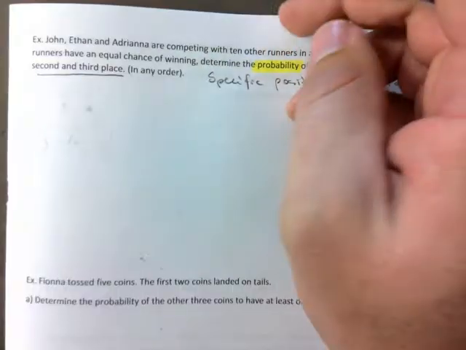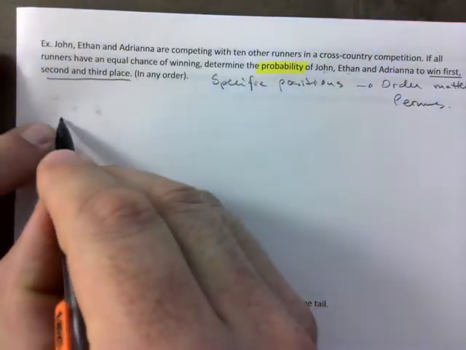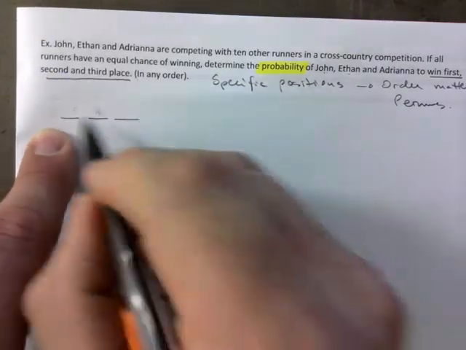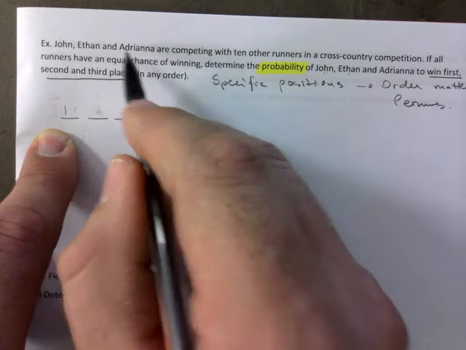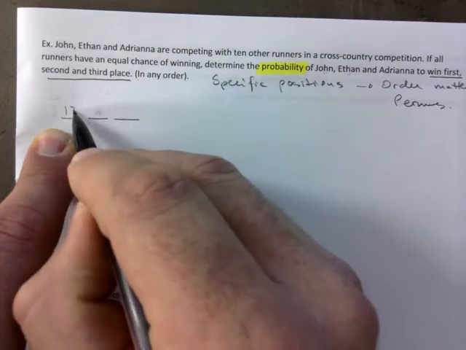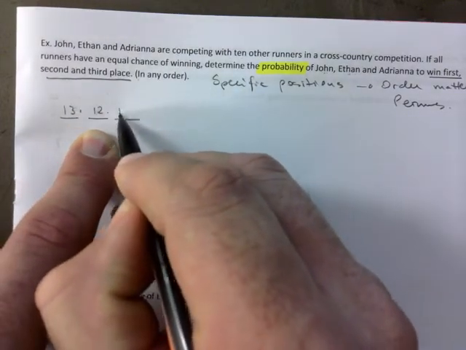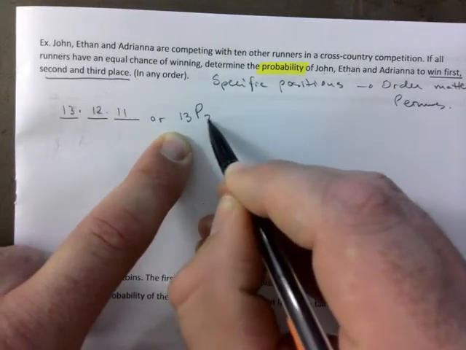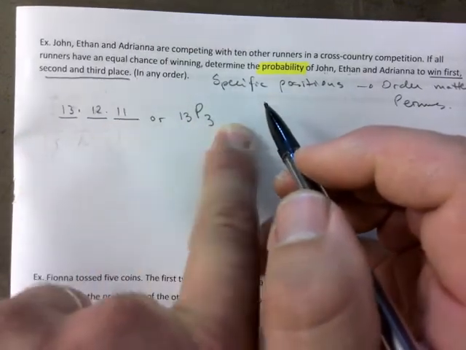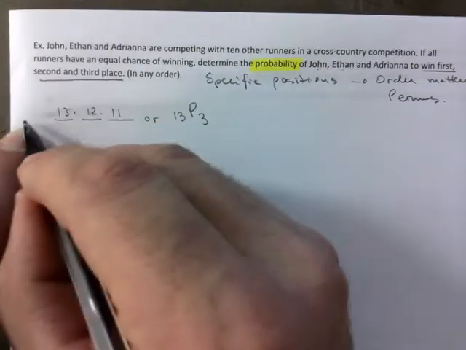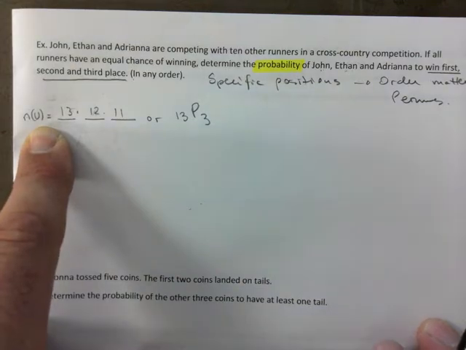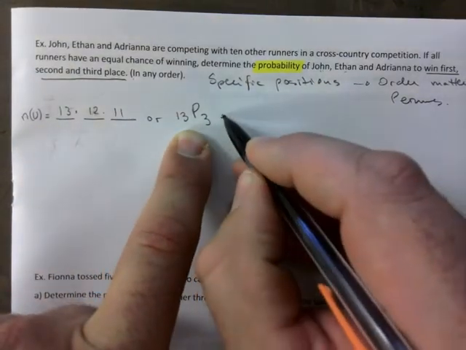Okay. So I don't know if you want to use the fundamental counting principle. So you have 3 and then another 10 runners, right? So 13, 12, 11, or you can go 13 pick 3. What are we finding here? I'm considering all runners, right? So this is the N(U), so to speak, right? So 13 pick 3 is,